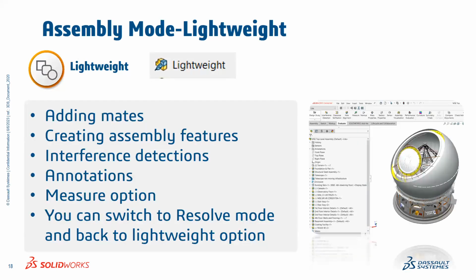So if you are using lightweight, or maybe you make the template in such a way that whenever your assembly goes to around 10,000 or 5,000 components, it opens in lightweight. You can do this kind of thing. You can do addition of mates. You can create assembly features. You can do some interference detection and annotation. All the evaluate options are available. And the good thing is, in this option, by right clicking you can go into resolve mode and come back again to the lightweight mode option. So let me give you a quick